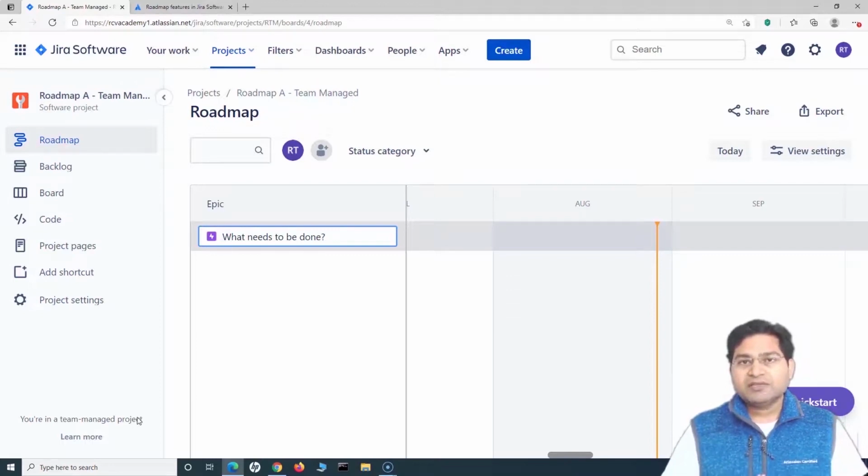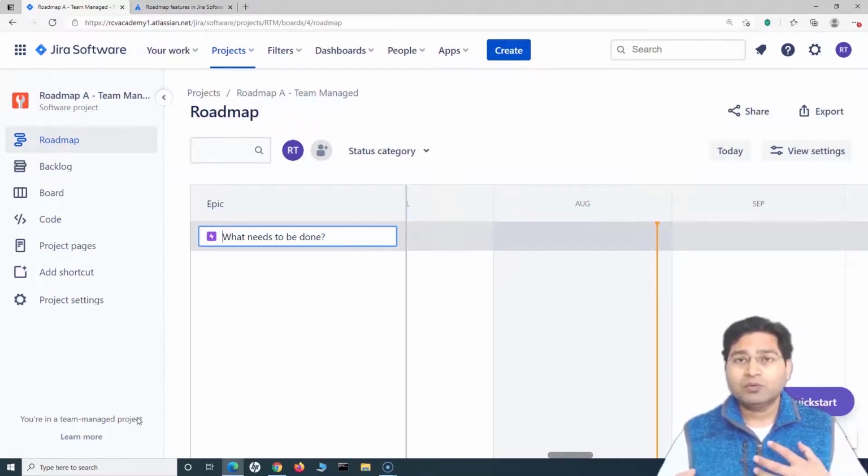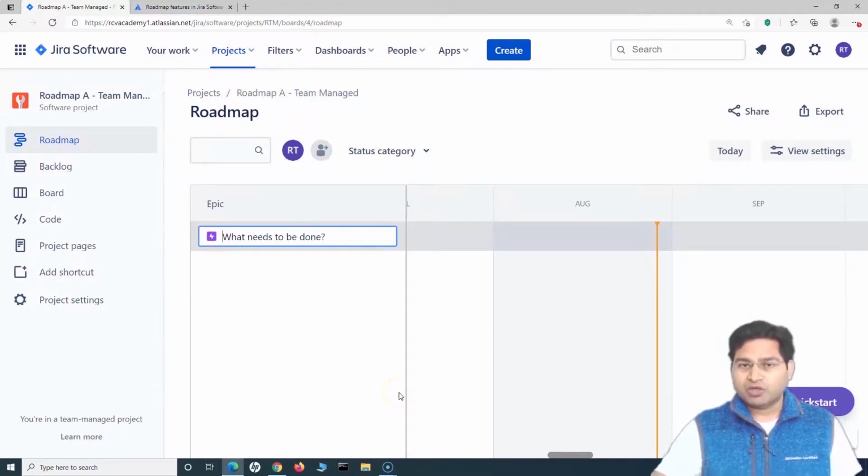But if it is a project which requires multiple teams to engage and work together, that's where you need to go ahead with the company managed projects and the advanced roadmap. So in the roadmap, if we talk about the interface here,